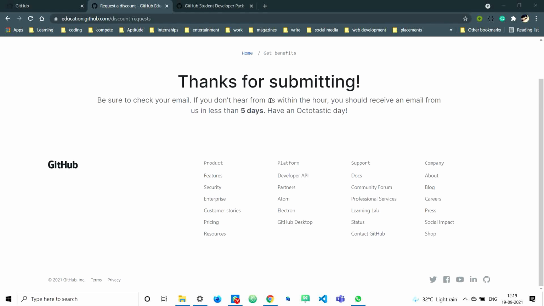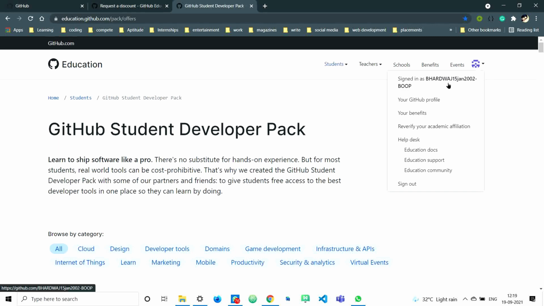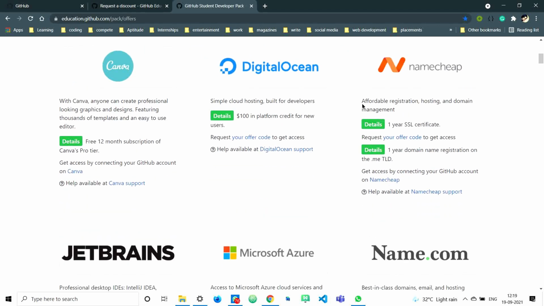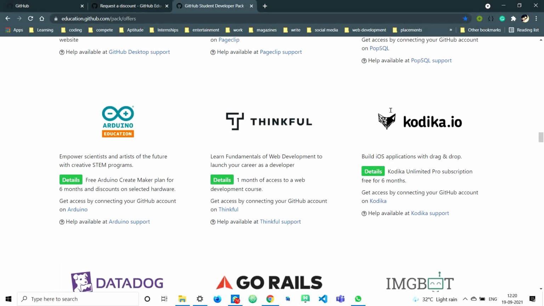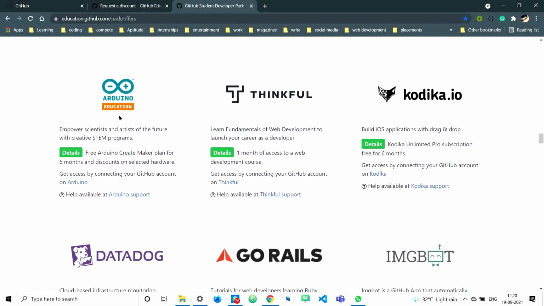Now let me go into the GitHub Student Developer Pack here. I have already logged in using the same mail ID we registered before, and let me see whether I can claim it now. Actually, I haven't received the mail yet, but let me see. Let me go into this.